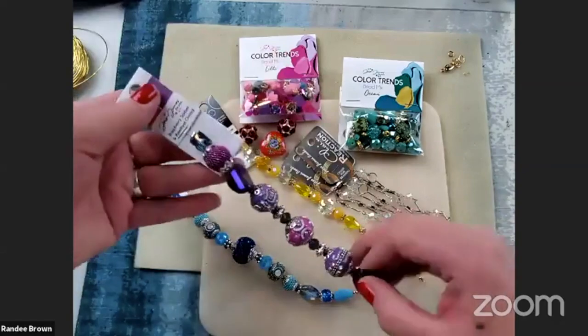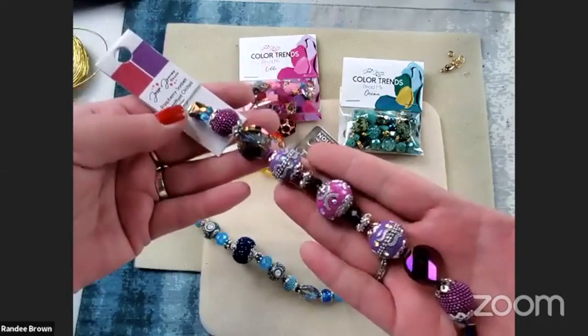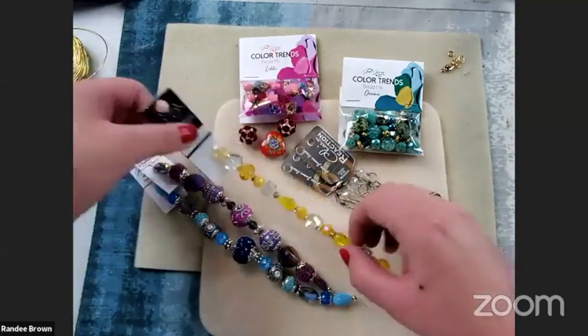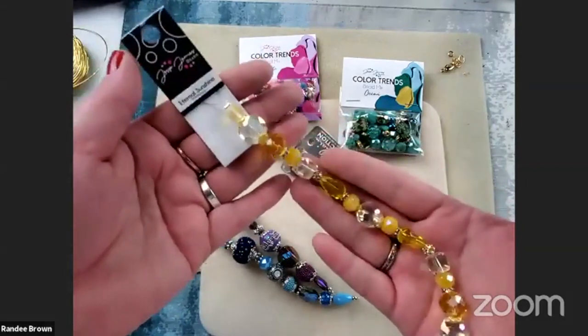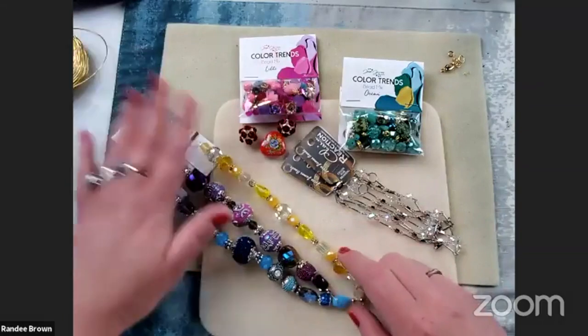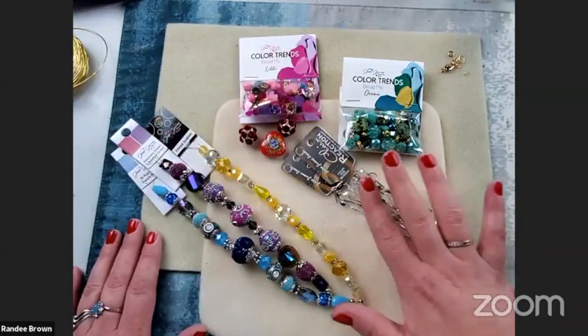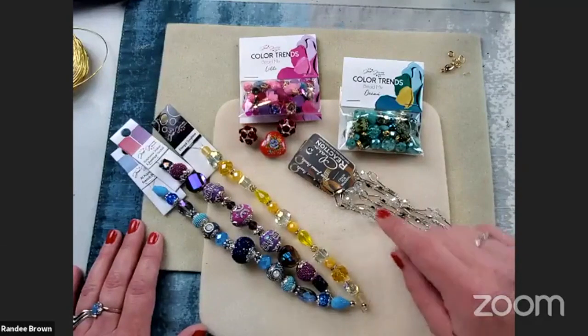We have raspberry sherbet and amethyst orchid. And then my favorite, internal sunshine. You and me both. We are two yellow sisters. I'm telling you, Randee, I love that yellow too. We got two of the chain reactions, and with this will be like a